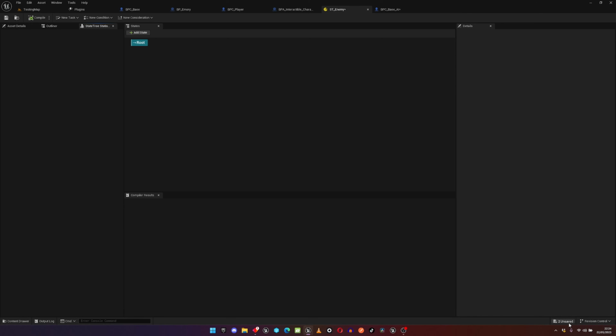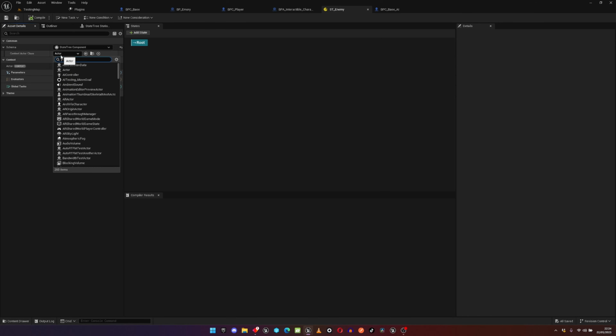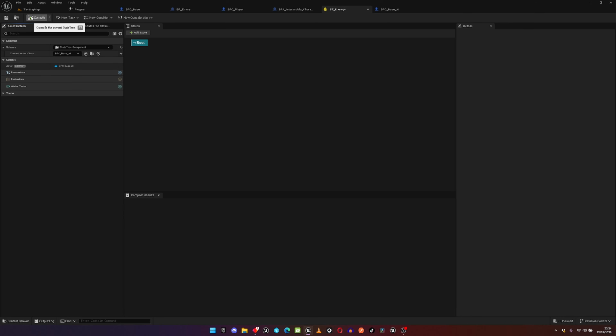And to do AI stuff, what you basically need, you need some AI tasks, and you also need maybe evaluators and stuff like that. But we'll create a most basic AI task. Everybody would want to see how that's done. I'll go first to the schema, under state tree components, do the drop down and actor context class. I'll set that to our base AI character. So I'll call base AI. Yeah, compile that, make sure it's saved,